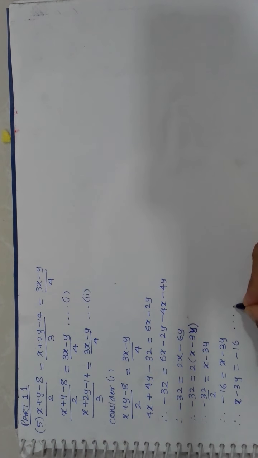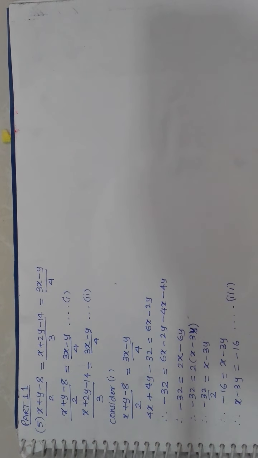Now you may feel that I have not changed the sign. Agreed? You will say that the sign is not changed. Nothing is changed, only sides are changed. Yes, I will tell you why. Suppose this is A and this is B. So A is equal to B. So very clearly B is equal to A. So I can write B this side and A that side. Okay. Now I have considered one and I got the equation.